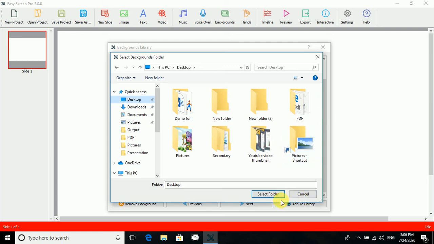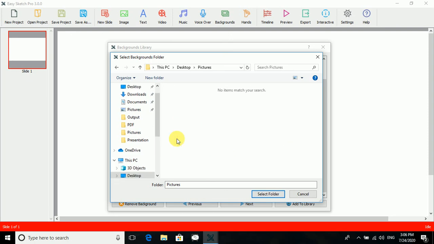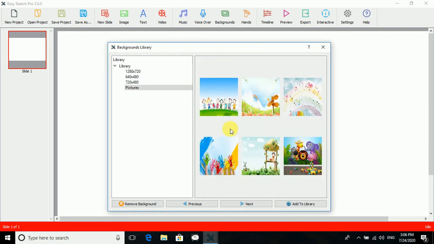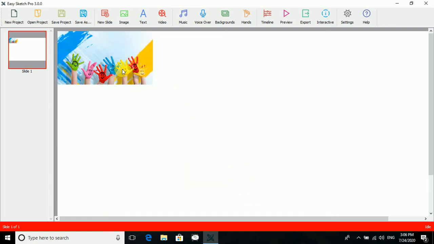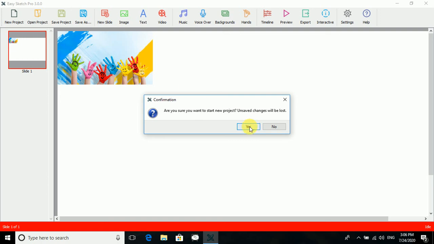I don't have it over here. New folder. From that I can select any of it. Here you can see that you can take it as a background. I don't want to take it, so I'll go with a new project.